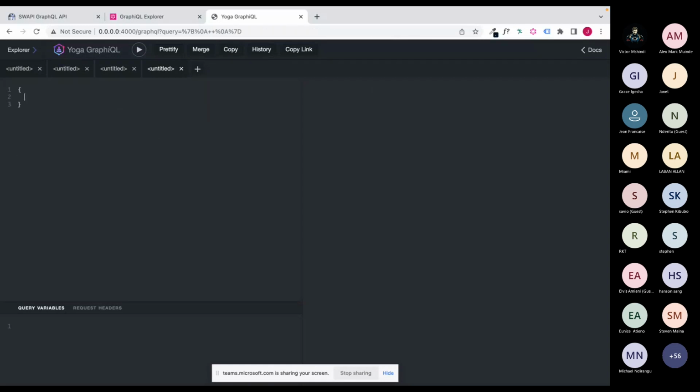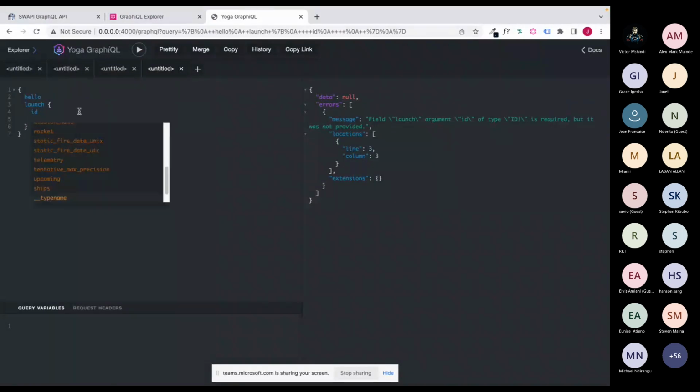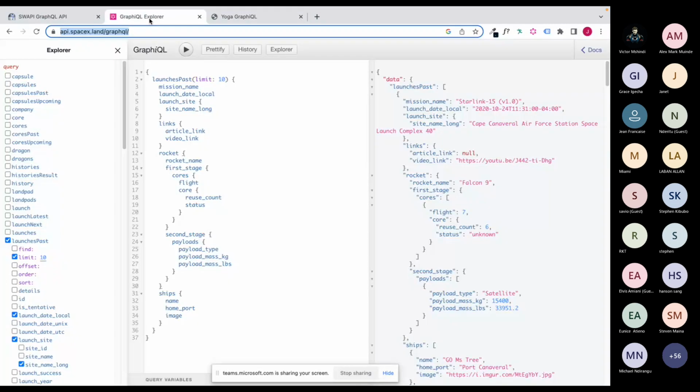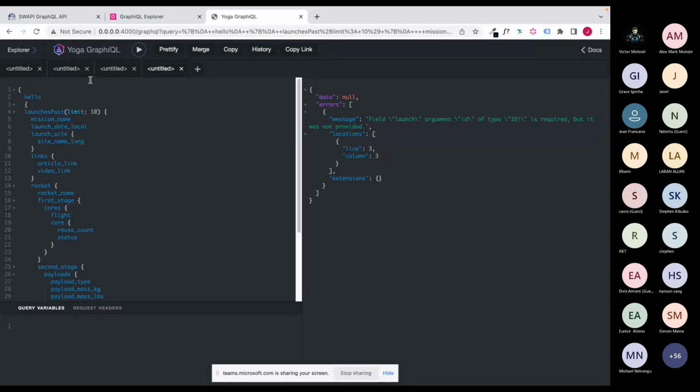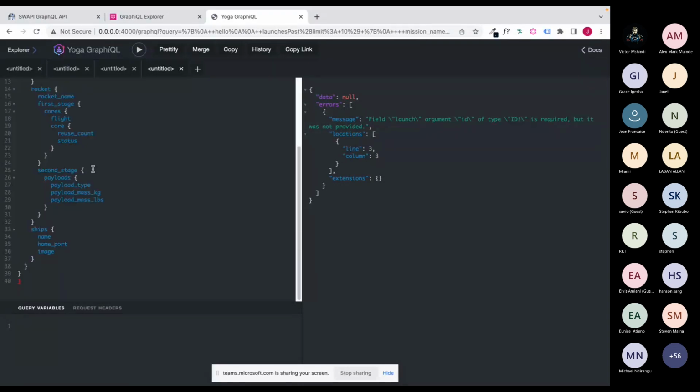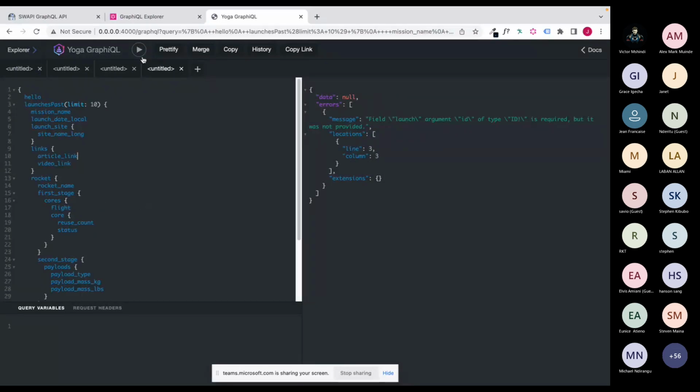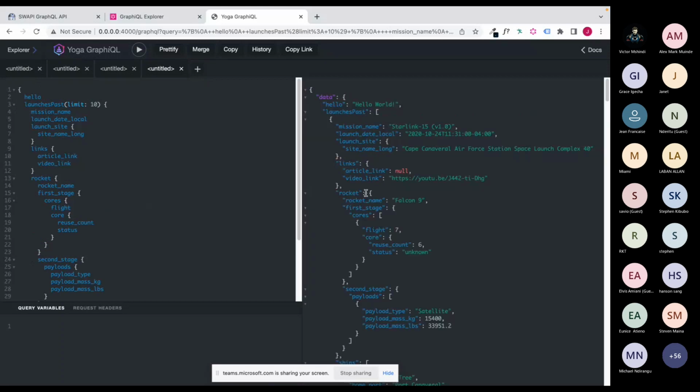Other than just the hello string, we can query for other things as well. Let me just copy some here. And you can see we have data.